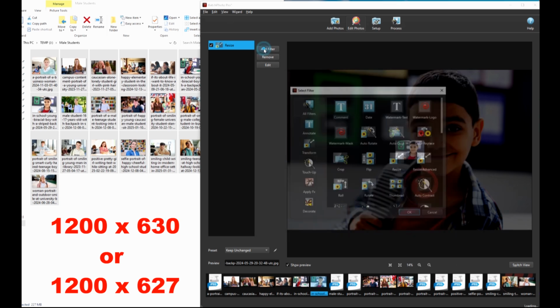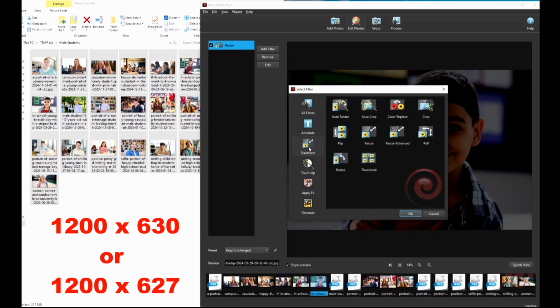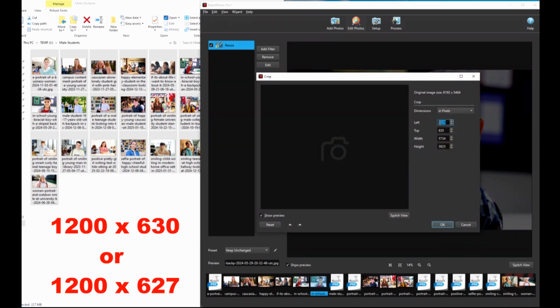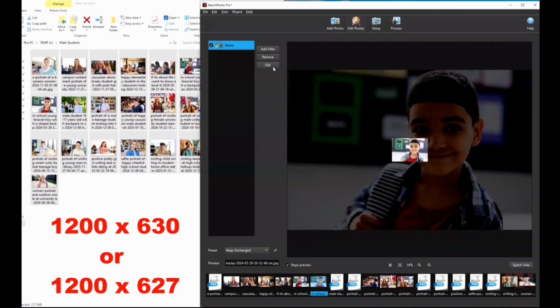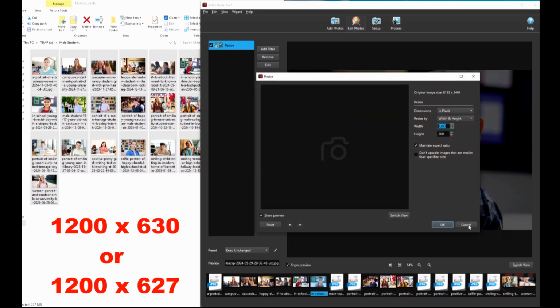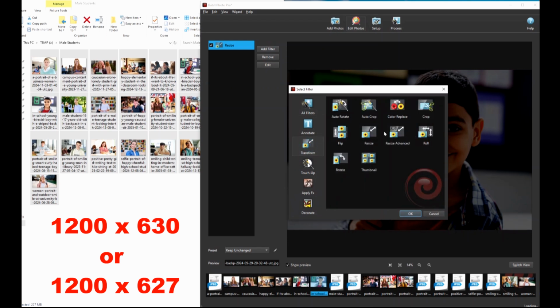Now what we're going to do is add a filter here where we crop it. Crop. And in this case, we're going to actually change that. We're going to go auto crop, edit, add filter, auto crop,